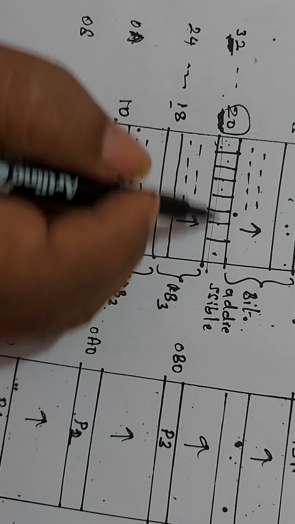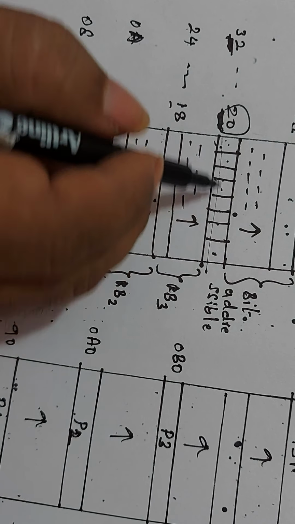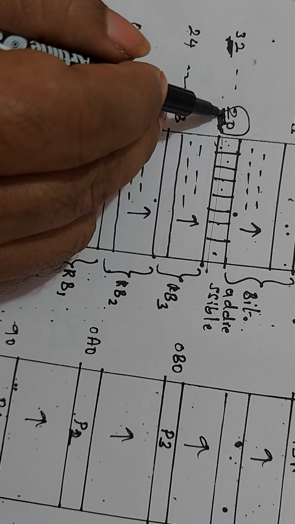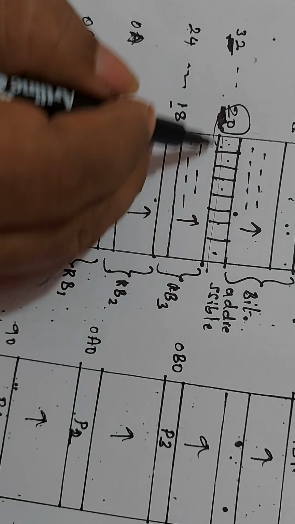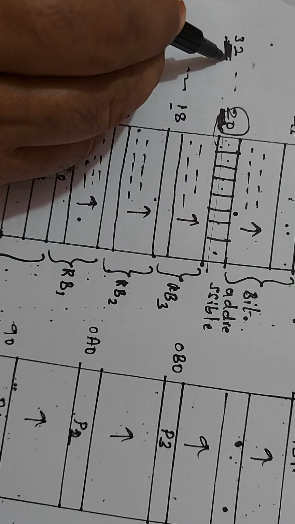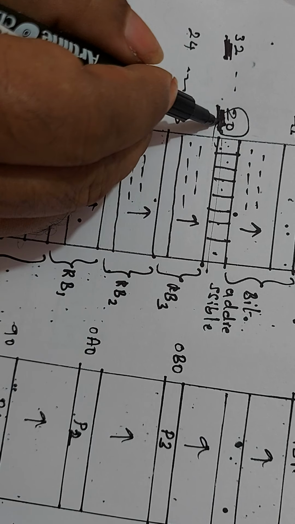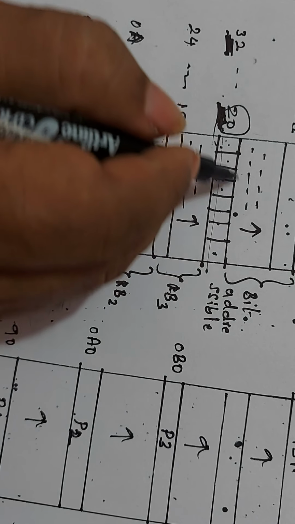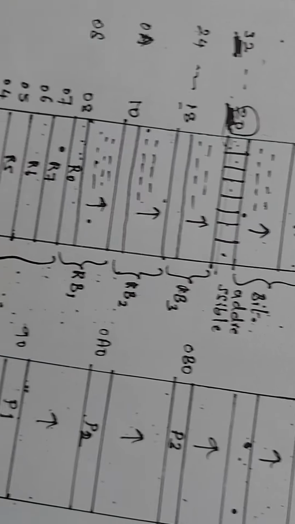You can store any number here. This 20 is a byte address, but it is not a number. It is the byte address of this RAM location. Which RAM location is this? The 32nd RAM location. The byte address is 20. In this location, you can store any 8 bits. Any number you can store here. Similarly,